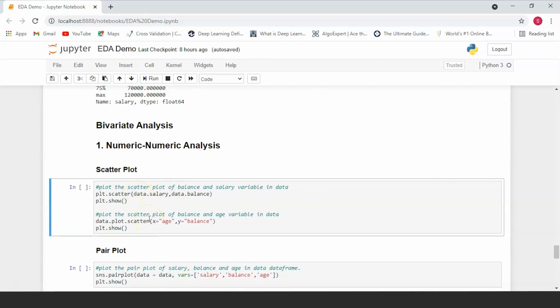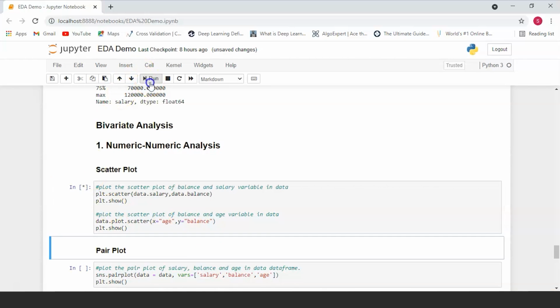Now in this case, the scatter plot that we're going to be plotting is between our salary column and our balance column. And another one that we're going to be plotting is the age and the balance. So we're going to be basically plotting the income versus the savings, and the age versus the savings that people have at that age, or the balance that they have in their account at that age. So let's run this.